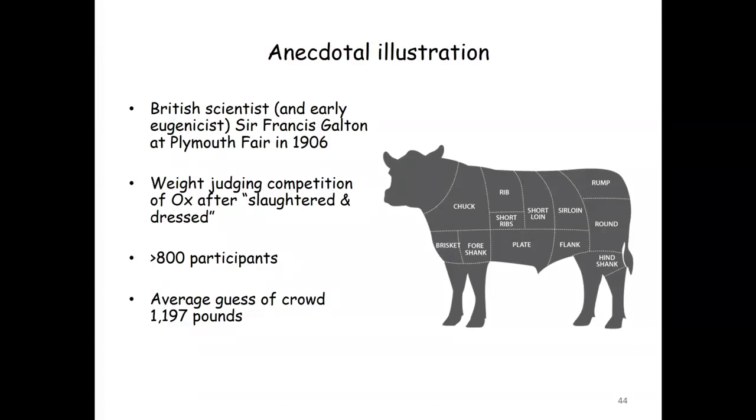To give you an anecdotal illustration of this, we have a famous figure in history, in particular English history, Sir Francis Galton, who's a member of the British aristocracy, or at least the upper class, and a relative of Sir Charles Darwin. The big thing back in 1906 was this notion of universal suffrage, giving everyone the vote. And people like Sir Francis Galton were a bit cranky because they thought, no, you shouldn't give everyone the vote. The people aren't deserving of the vote. Now then you elect people like Donald Trump, someone like that.